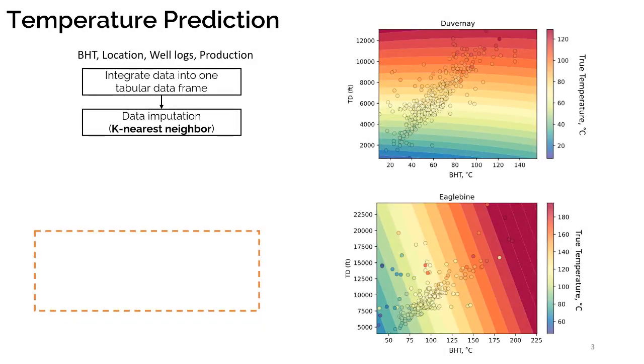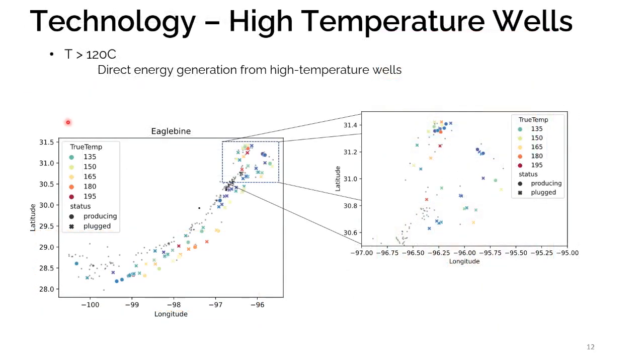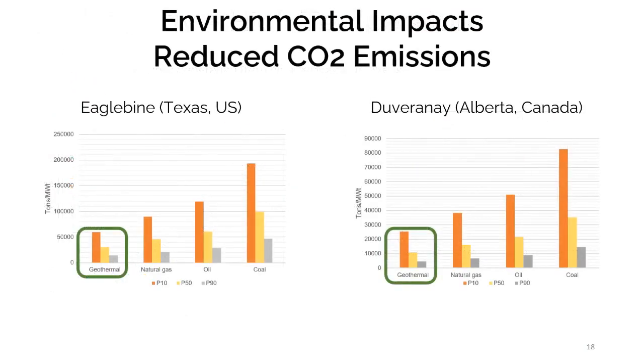Here we run the data imputation by k-nearest neighbor to fill out the missing values. We are selecting the wells that have a temperature of 120 Celsius, which can significantly reduce the amount of CO2 emission. In this case, we perform some calculation of